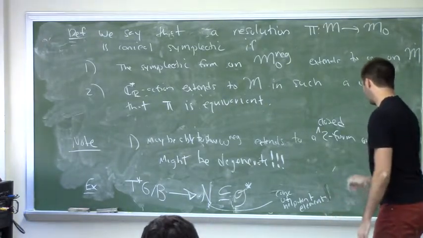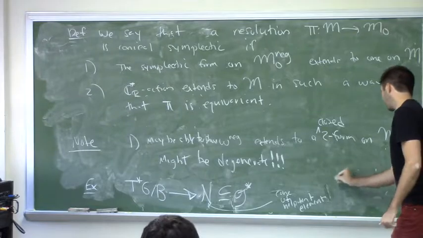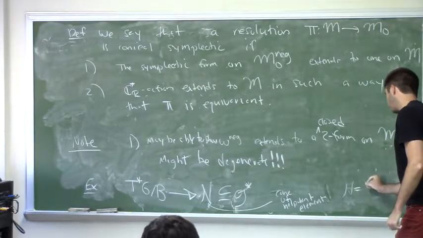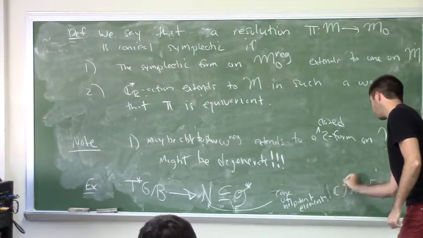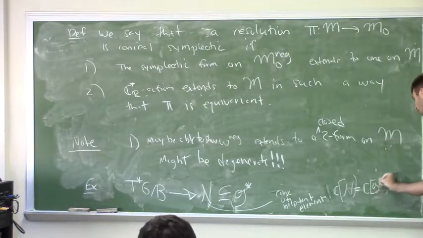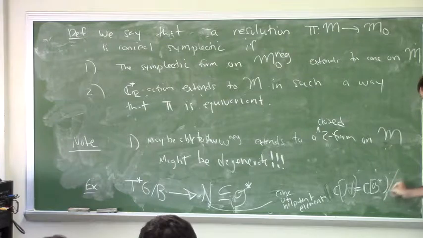Another way of saying it is that it's cut out by the vanishing of all of the invariant functions. So it's the functions on this. You take your functions on G dual, and you cut out by all of the invariant functions of the